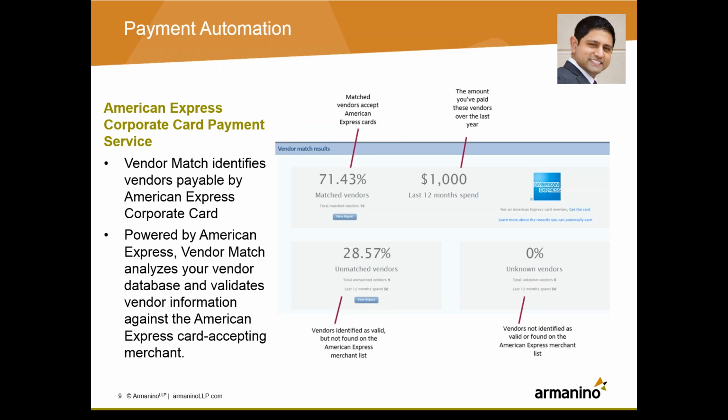So some vendors may accept certain credit cards, so this is why that's done. And what's nice about it is you'll get a report that says, hey, these are the ones that were matched, these are the ones that were not matched, and here are the ones that actually need some additional information. So very, very similar to the vendor matching for Intacct check delivery services. It kind of works the same way. And this little snapshot here shows you exactly what came about, and then you can go in and download the report from here.